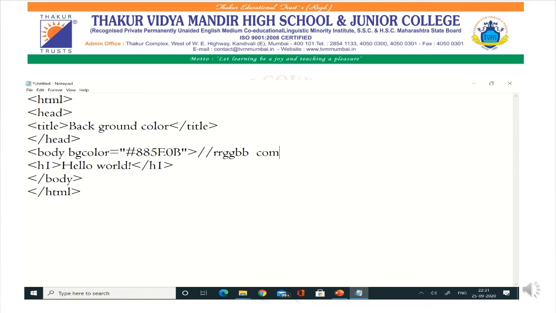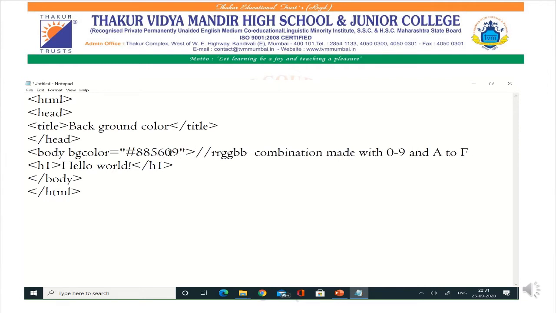Now generally these combinations are made with 0 to 9 and capital A to F. Now it's not necessary that there should be an alphabet. You can write here 5609.